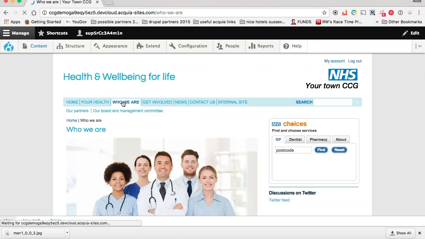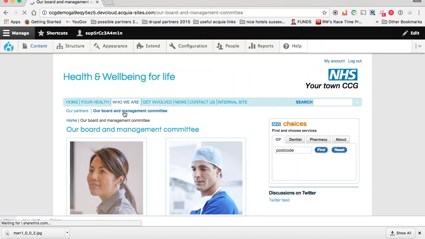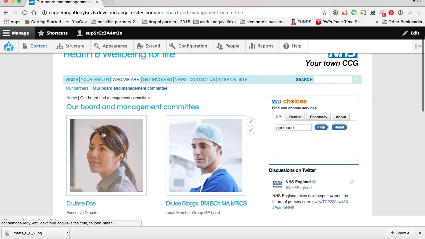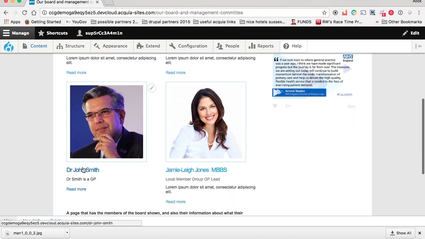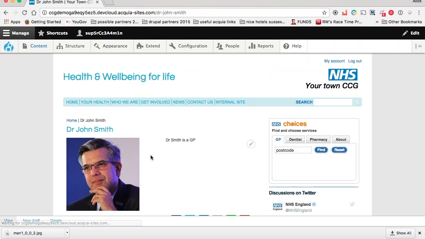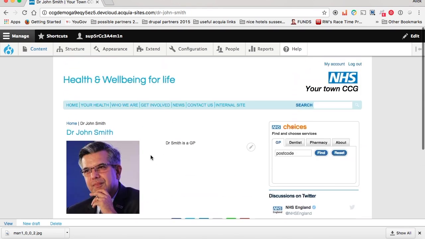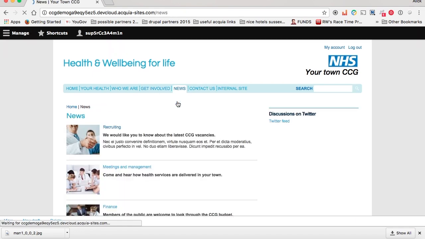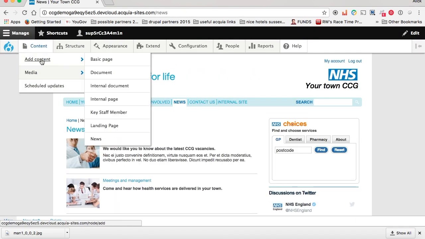And now if we go back to who we are, look at our board and management committee, you'll see that Dr. John Smith appears under that board and management committee page, and then I can link through to his individual page. We could just quickly have a look at the news page. So here's our news page. If we want to add a new news story,